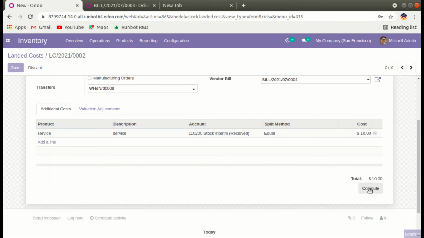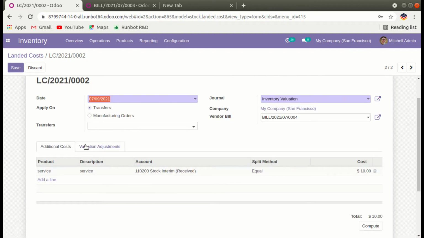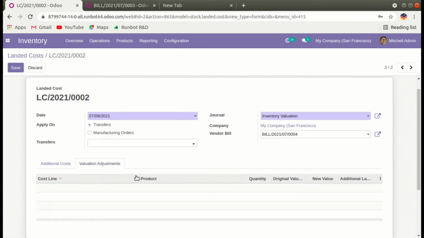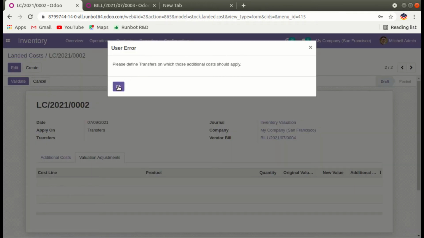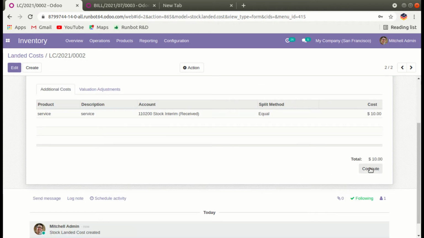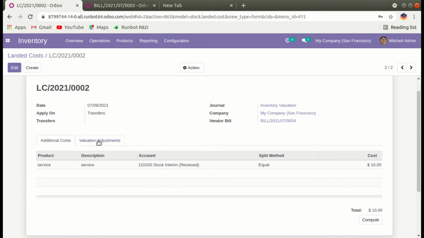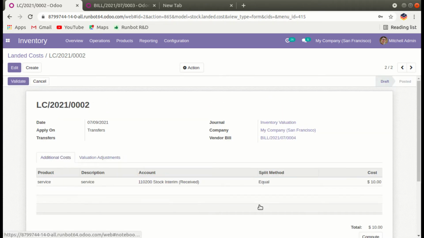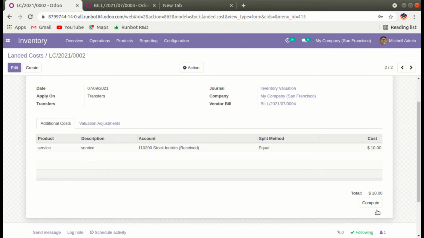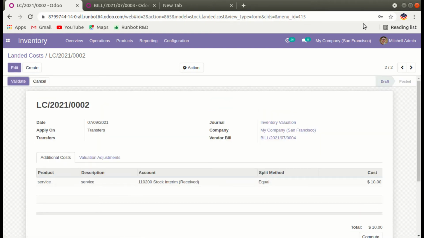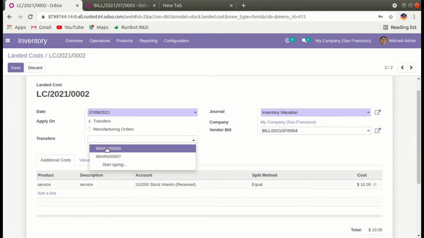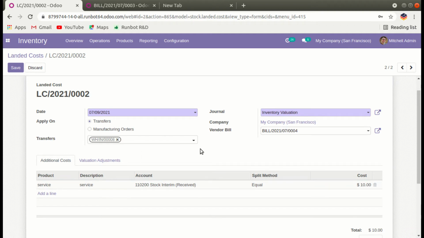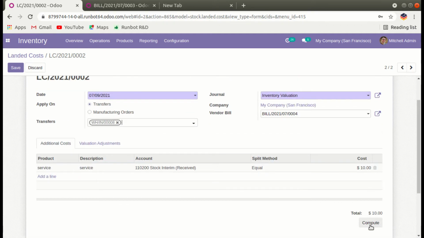Let's compute, and under the valuation adjustment, let's save and validate. After compute, under the transfer we paste our transfer name, and then let's compute.